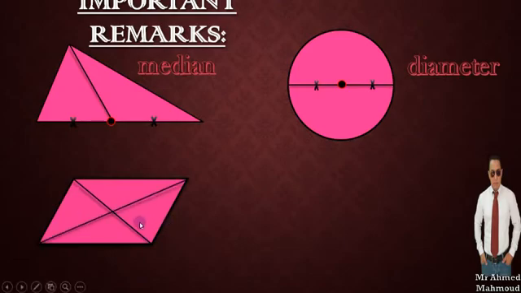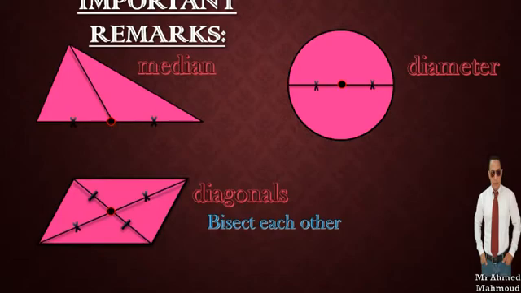The diagonals bisect each other. Bisect each other means that they intersect at the same midpoint. This point is the midpoint of the long diagonal and also the midpoint of the short diagonal, because the diagonals bisect each other. As I said, this property is included in the parallelogram, rectangle, rhombus and square. Now, by using this concept,